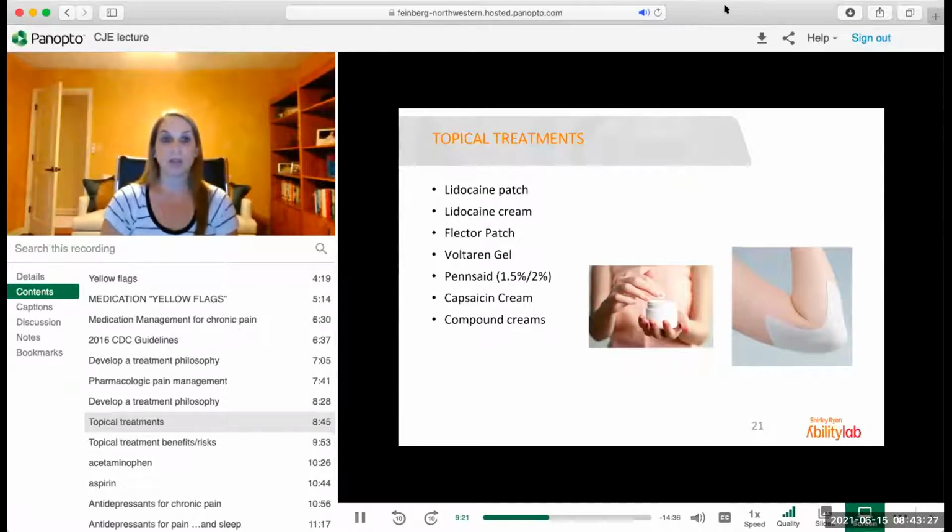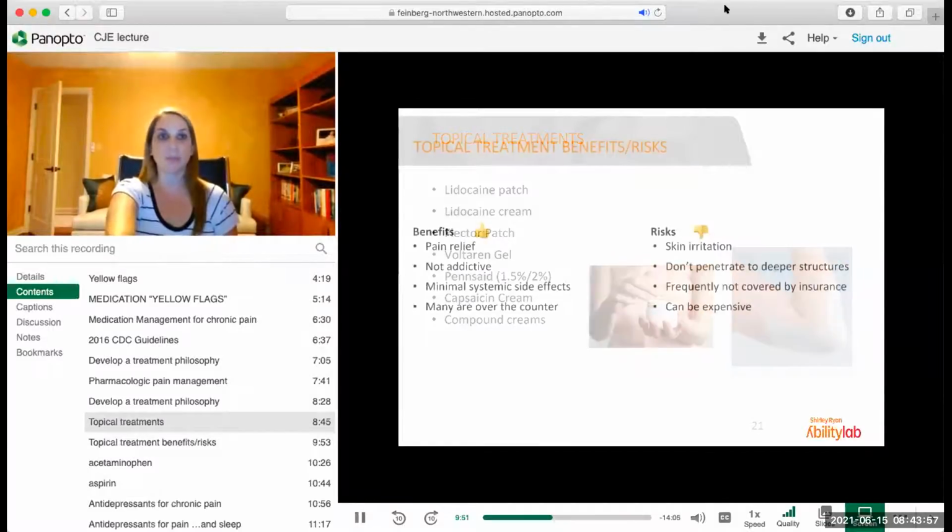There's also capsaicin cream, which is over the counter. Capsaicin is the ingredient in hot peppers that provides a burning sensation, which floods the pain fibers, so your brain thinks about that sensation rather than the pain. Or there are compound creams that can be made that may have an anesthetic, neuropathic agent, anticonvulsant agent, muscle relaxer agent. You can have different compound creams created for patients as well. Those do tend to be expensive and can have some insurance limitations.